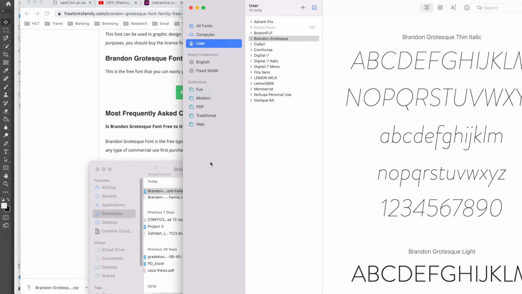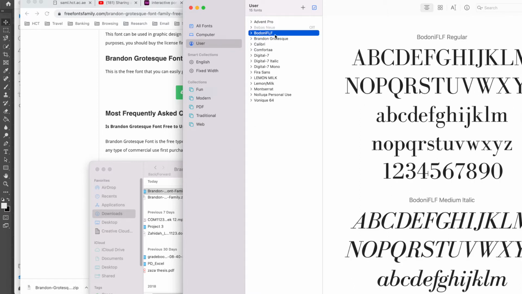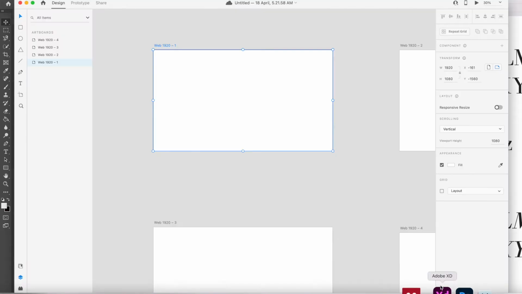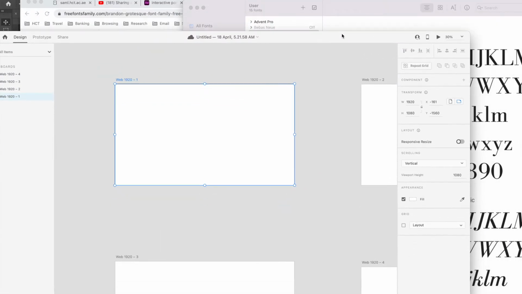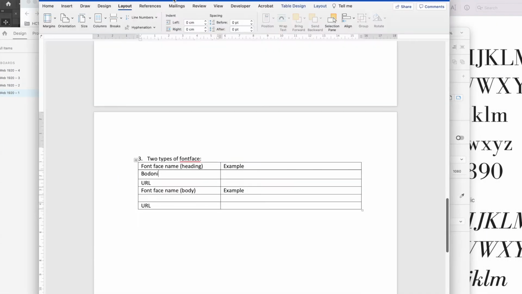Okay, so do the same with the first font, which is the heading. I have already downloaded the font, so this is the heading font that I'm going to use, Bodoni FMF. Okay, so now let's get back to Adobe XD. If we look at the design,